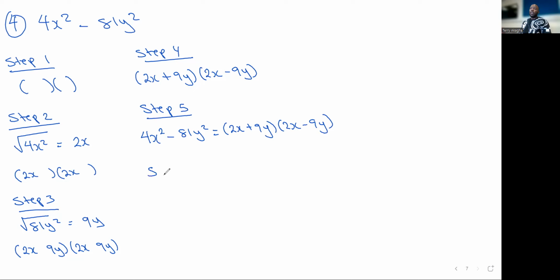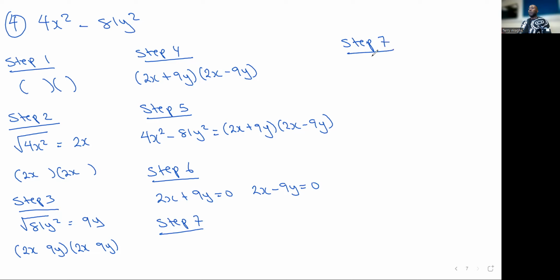So that means step 6, you then have 2x plus 9y is equal to 0, or we have 2x minus 9y is equal to 0. So we can solve this. You take 9y, that's step 7. Okay, so step 7, let's write step 7 here. So we have 2x,